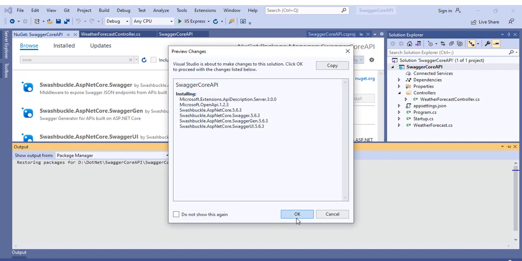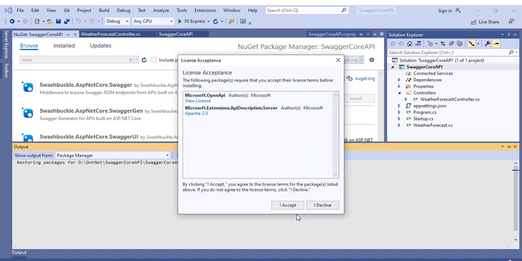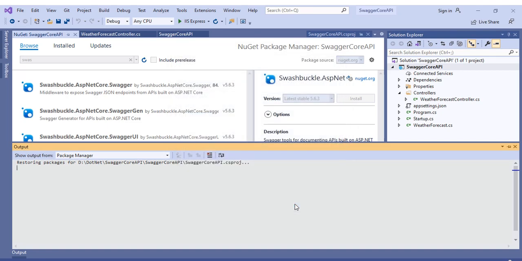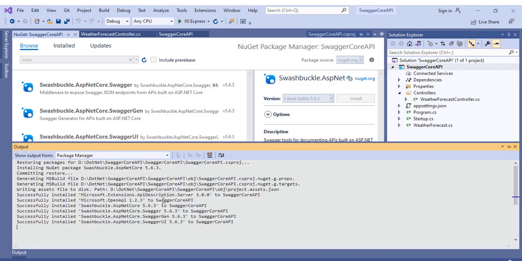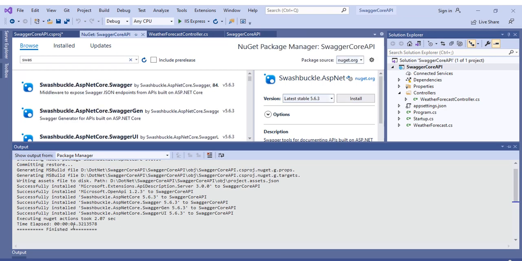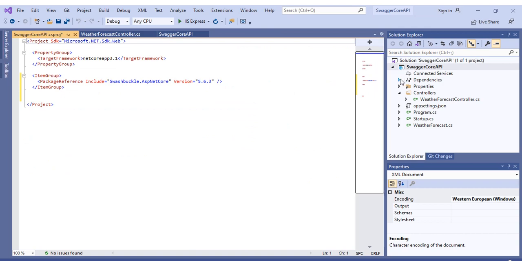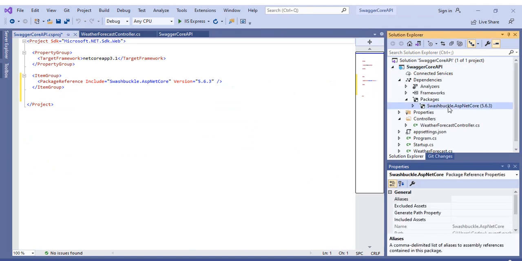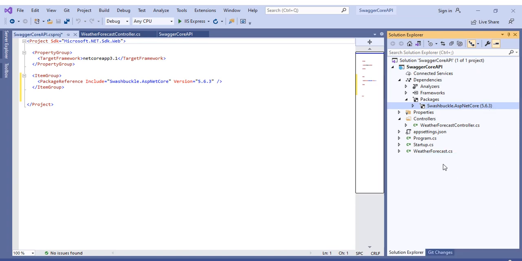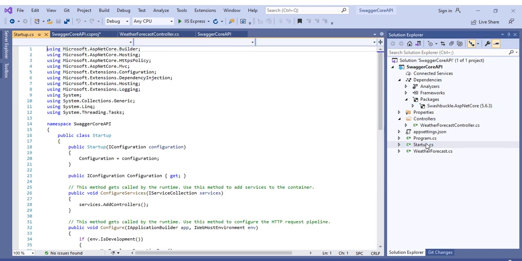So it is installed. Press OK. I accept. It is installed successfully. Close this. Go to Dependencies, Packages. You can see Swashbuckle.AspNetCore 5.6.3 is the version.